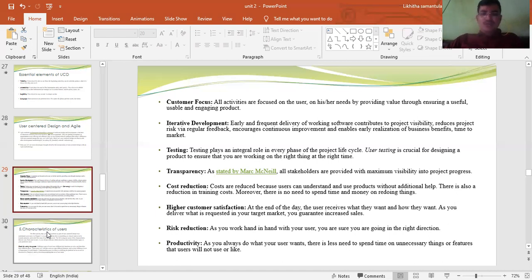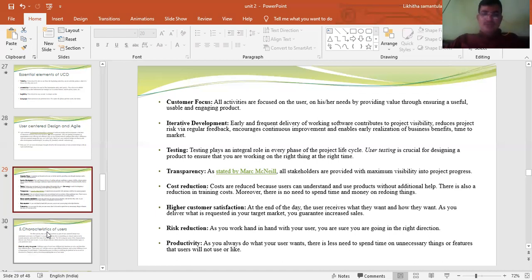Moreover, there is no need to spend time and money on redoing things. Higher customer satisfaction. At the end of the day, the user receives what they want and how they want it. As you deliver what is required in your target market, you guarantee increasing sales.